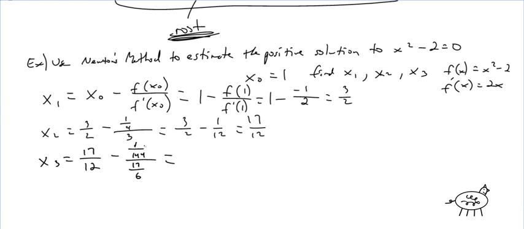So, just a little nasty fraction action, but you get 17/12 minus 1 over 408, and that gives you 577 over 408. And if you type that in your calculator, just to show what's going on in decimal, this is 1.50,